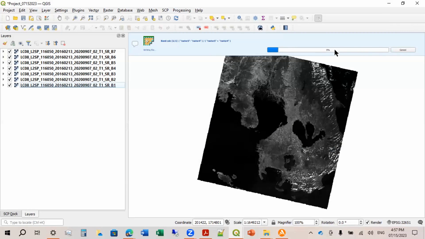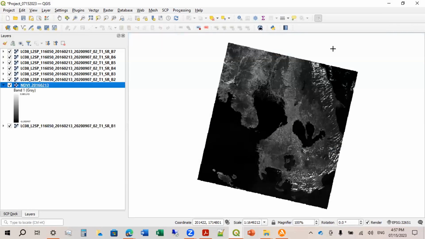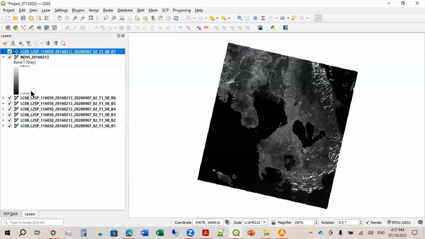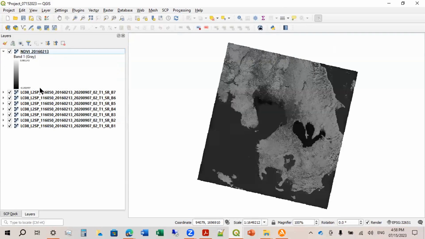It may take a little bit more time if your computer is not that good. But otherwise, this should be working now. Okay, so nandito na siya. So you'll notice the band name, the layer has been named accordingly. So we can just move this up. Okay, so let me just do that. Okay, so this is our NDVI for this whole picture.